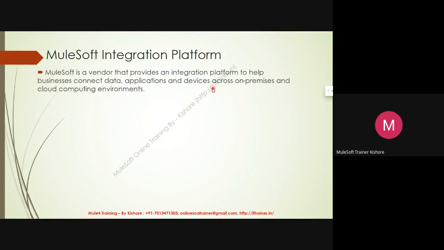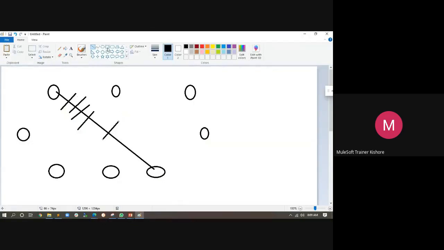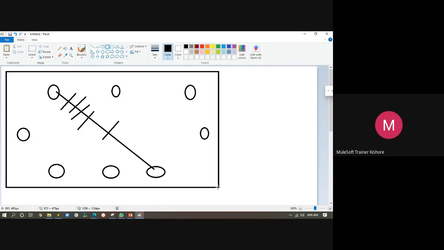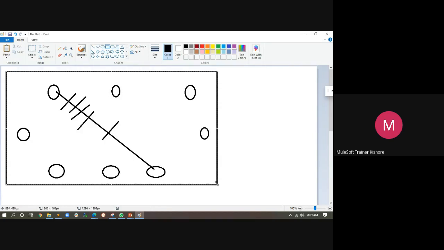When ESB was there, it was used to connect only the applications inside your on-premise environment. On-premise applications means previously customers used to maintain their data and servers in their own organization. They are called on-premise applications, and the place they maintain these servers is called